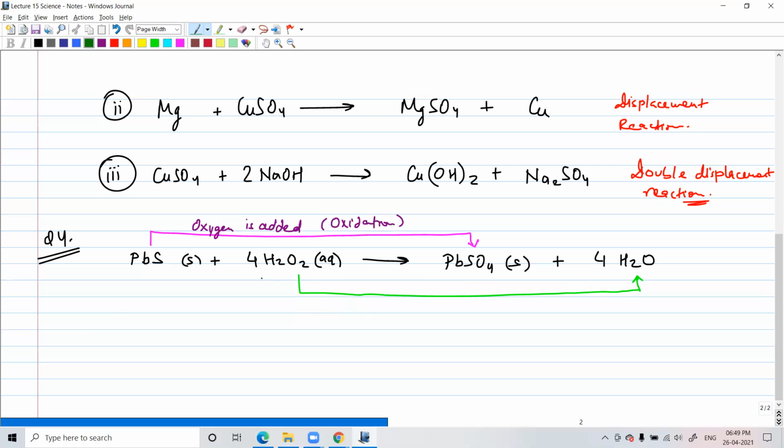Very good. It had O2. Now it had become O only. So one of the oxygen atoms was removed from there. So it's removal of oxygen, which we know as reduction. So which is a compound that oxidized? Lead sulfide. PbS was